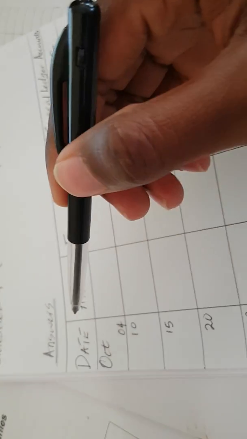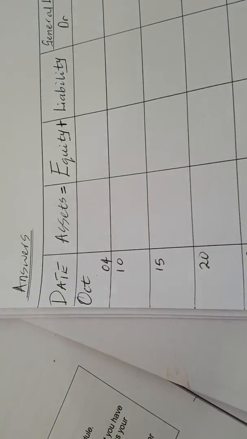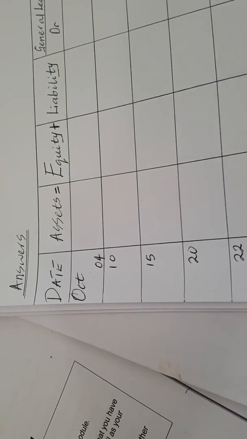So this is what I did right here. October. The first thing we have on October here is date on the 4th, on the 10th, on the 15th, 20, 22, 23, until the end of October. So now what we're doing here, they're asking you that